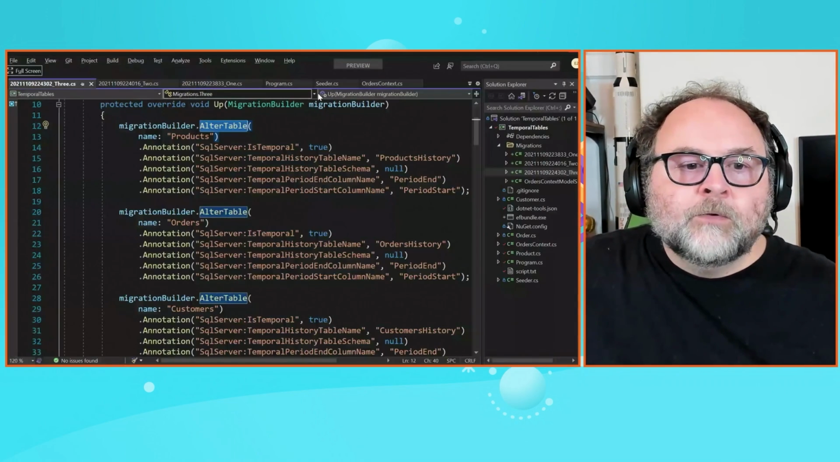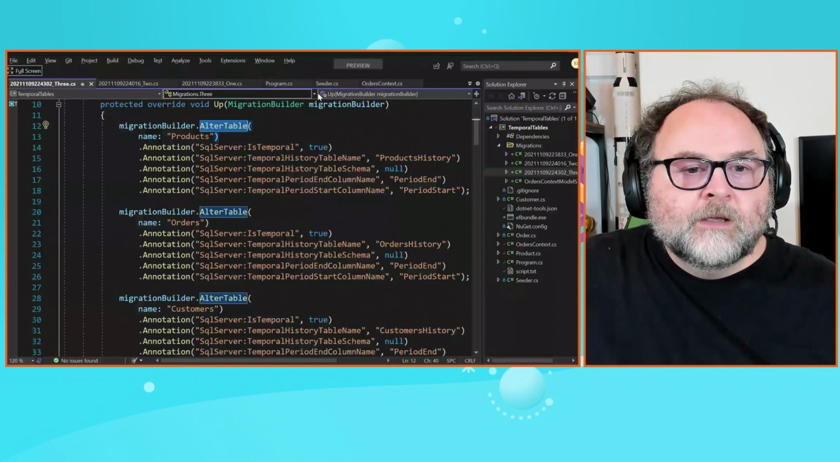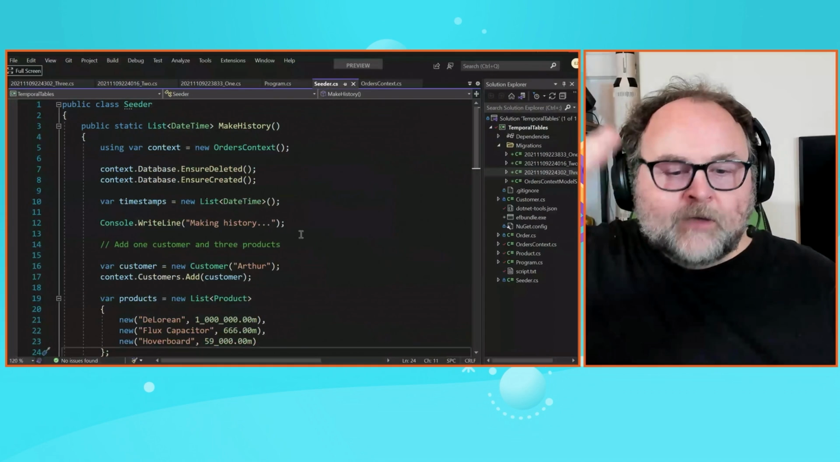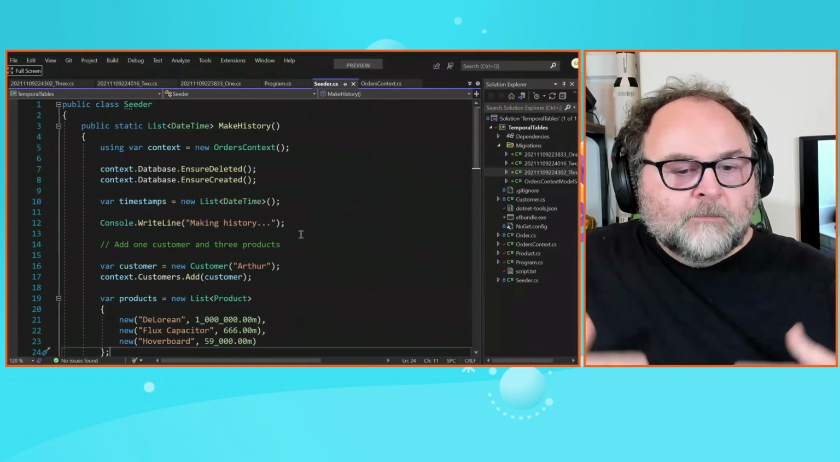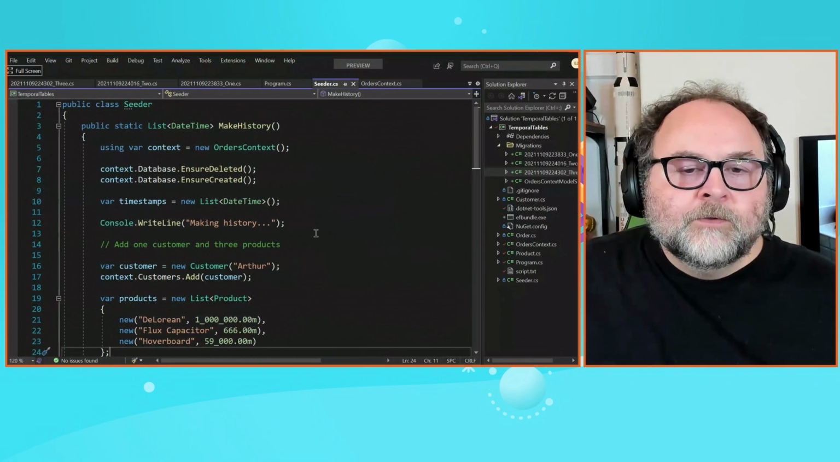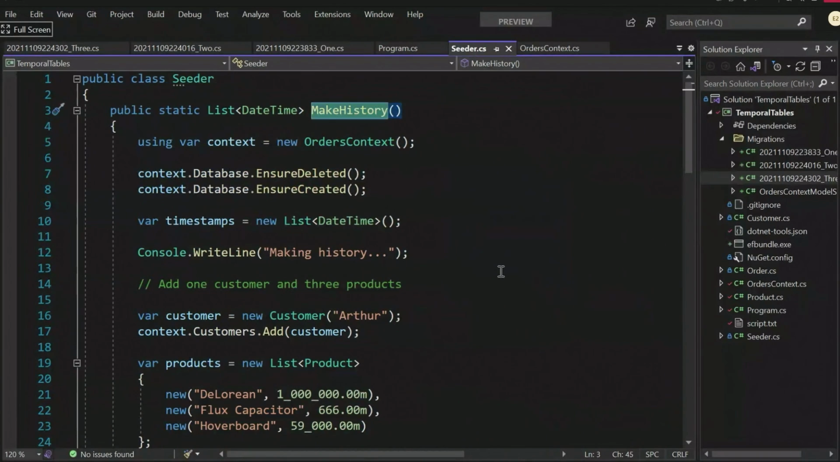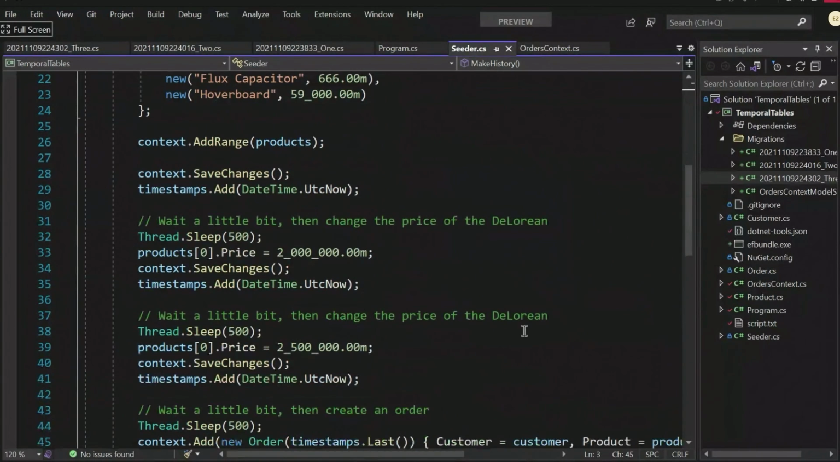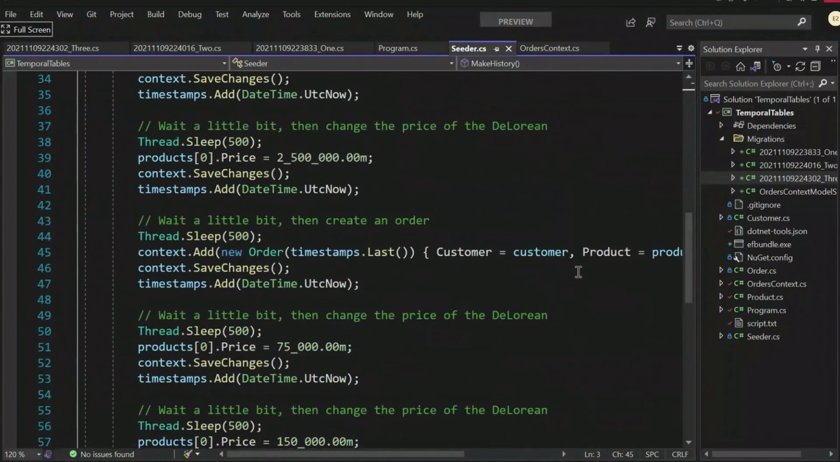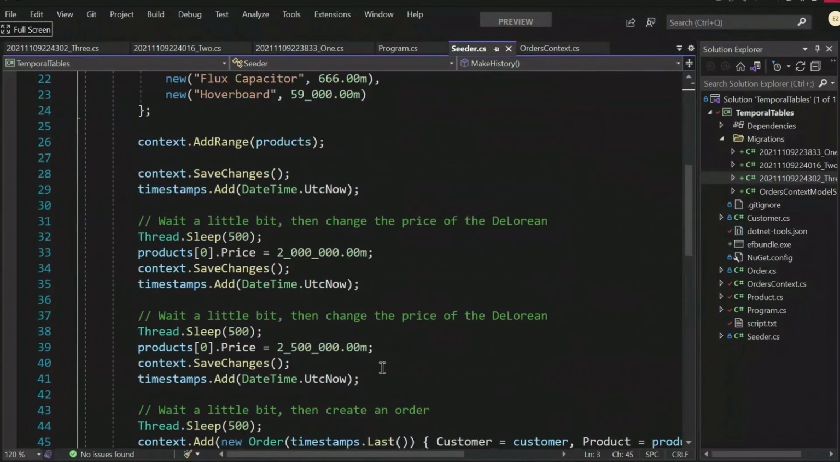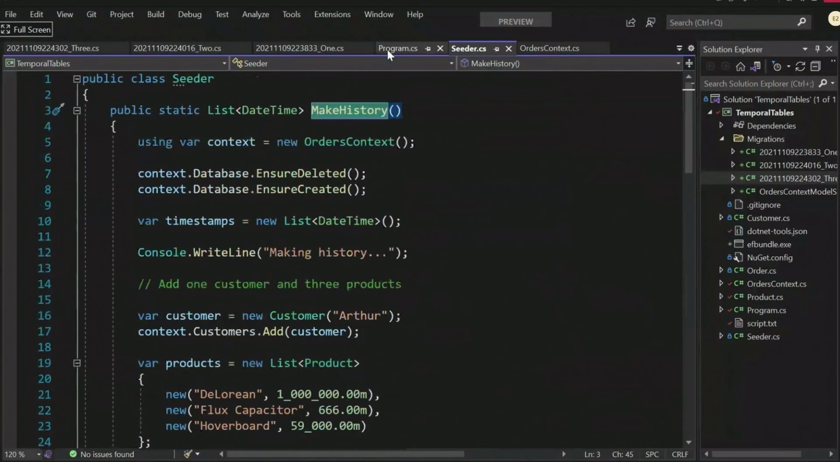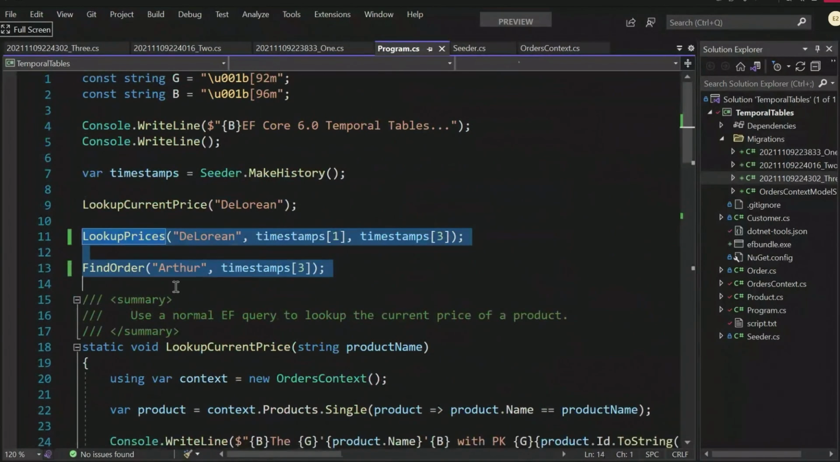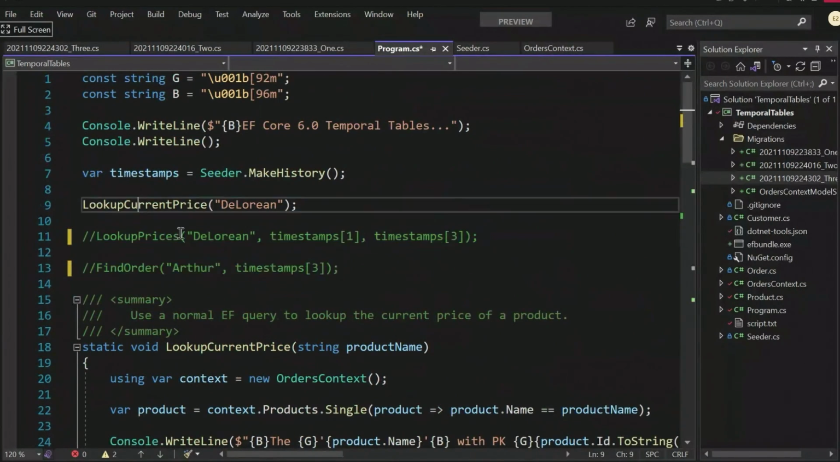So the thing about temporal tables is that it works on history. In other words, you need to have some data in the database to make it useful. And so, in order to show this in the demo, I've just got this make history function, and it puts a few products, a DeLorean, a flux capacitor, and a hoverboard into the database. Then it does a thread sleep to wait a little bit, changes the price, same again, changes the price on the DeLorean, creates an order, and so on and so forth. So with that, we can now run a program here, and I'm just going to comment out these other 2 lines here for now, and we're going to make some history and then look up the current price of the DeLorean. So let me run that,